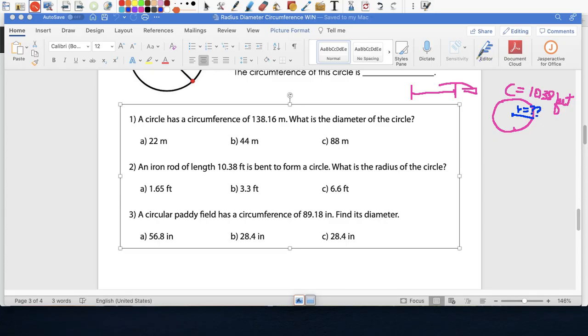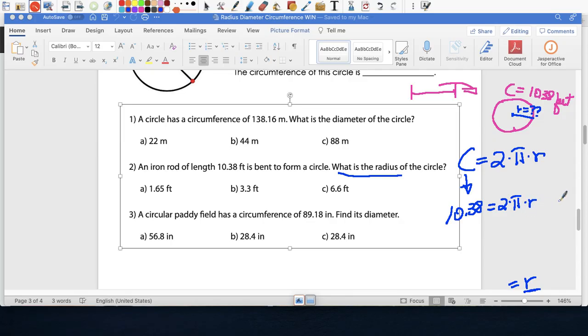So if it's radius, we're going to use this formula: 2 times pi times r. So at the end of the day, I want my equation to look like this, because that's what I'm trying to find. Radius equals something, because that's what the question is asking for us. So, can I replace circumference? Yeah, I can, because they give it to me. Look, it's 10.38